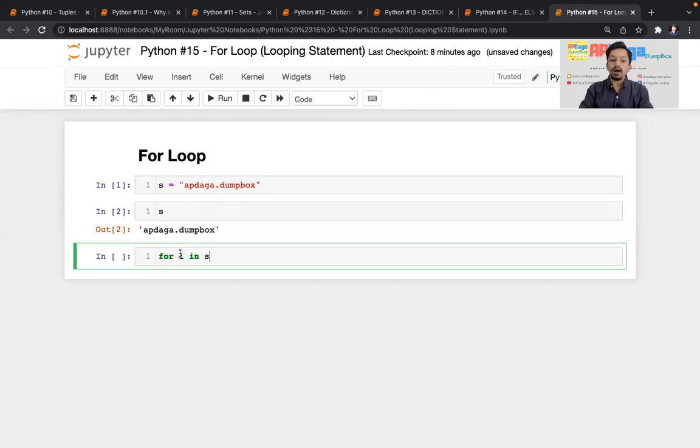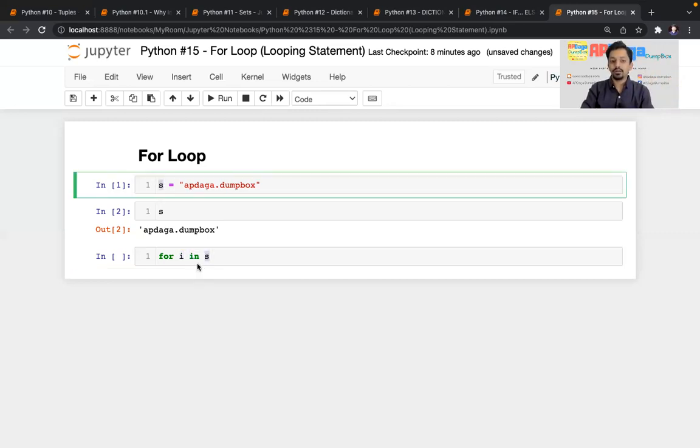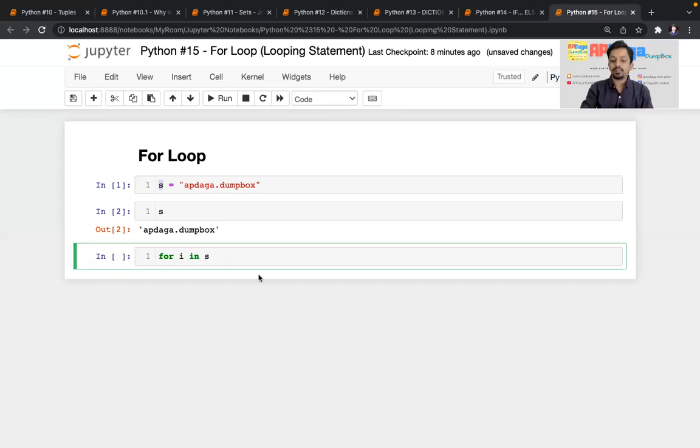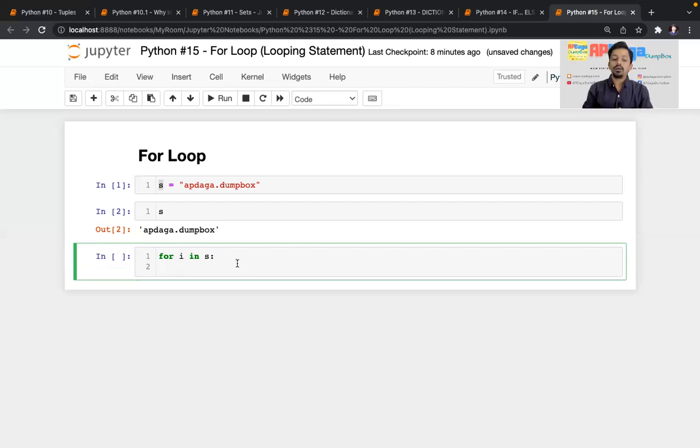What is i? i is a local variable which is created over here at this place itself. It is not used anywhere else previously. In s means this variable string. Try to understand it as per normal English: for i in s, s means the above variable, colon. This condition is done, I want to print i.